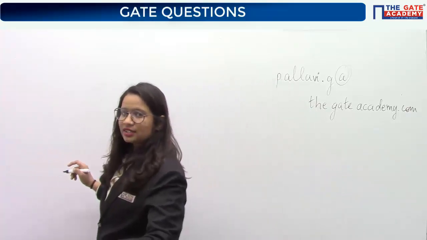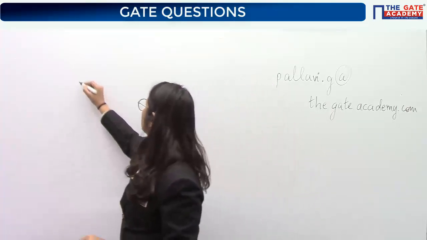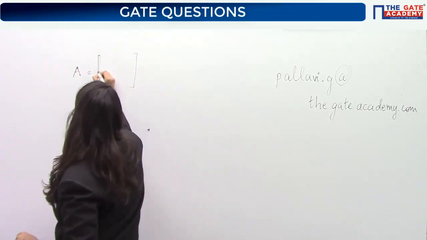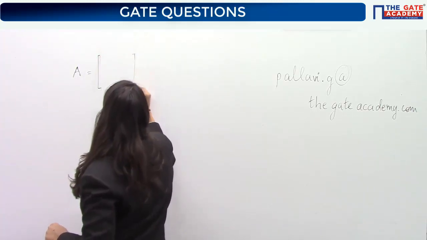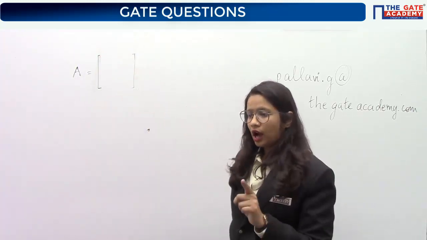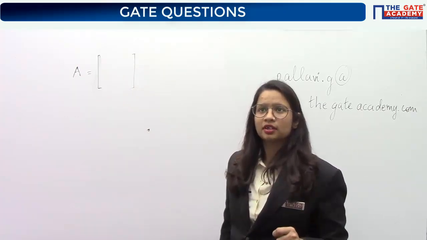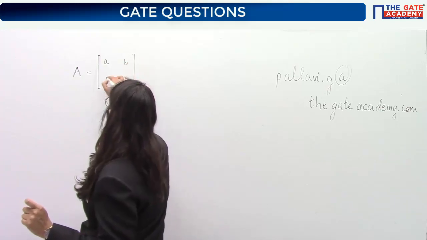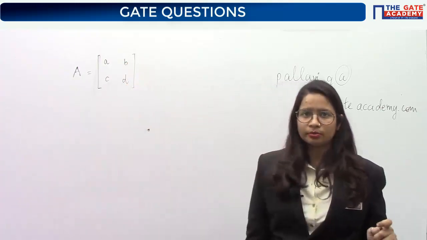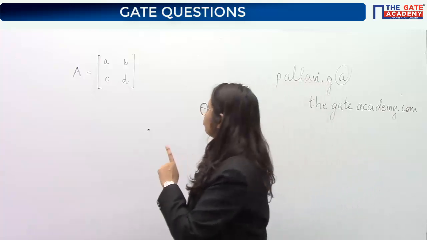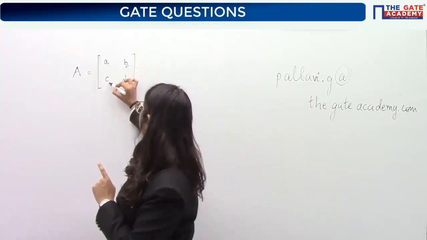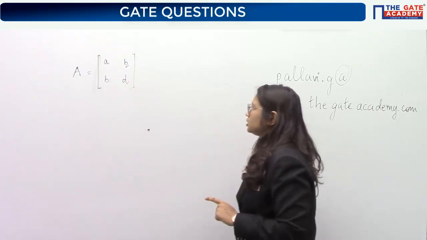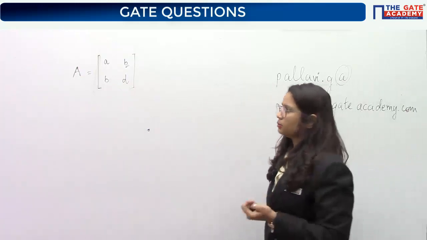First of all, the condition given is that the matrix order is 2 cross 2. So I will say there is a matrix A of order 2 cross 2, and it is a real matrix, meaning all elements are real. Now another condition is that it is a symmetric matrix. For a symmetric matrix, the diagonal element can be any real number. If this is the assumed 2 cross 2 matrix, because it is to be symmetric, this element should be equal to this element. So I'll eliminate this C and write this as B, because the matrix is symmetric.